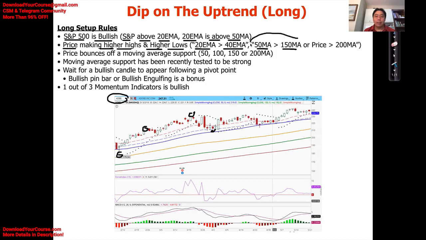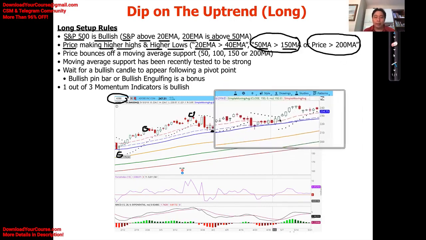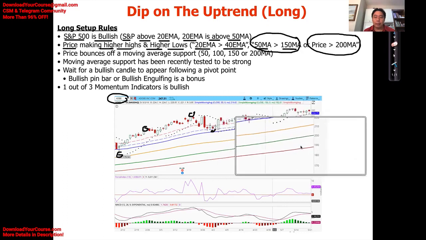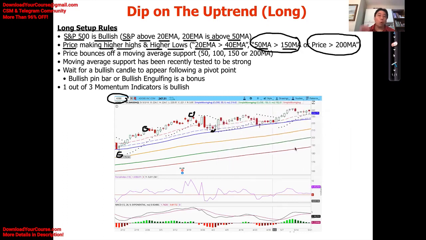Now, if this condition is not true, we can also take it if the price is above the 200 moving average and the 200 MA is sloping upwards. In other words, if the price is above this red line, with the red line sloping up, that is also a valid setup. So either-or condition must be met between these two, but